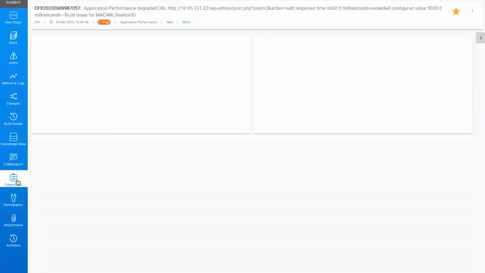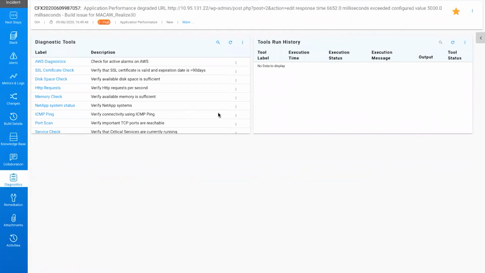Again, what we talked about is also integration with your automation tools, whether diagnostic tools or remediation tools. The key thing is having context. You might have thousands of bots and tools, but you need the ability to quickly get to the relevant tools based on the context of the incident, the type of incident, or the impacted elements.